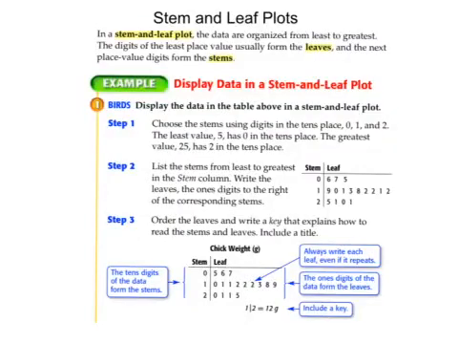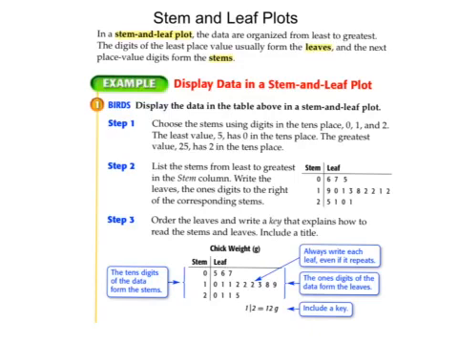Hi, so the next graph that we're going to look at are called stem and leaf plots. In a stem and leaf plot, the data is organized from least to greatest. So this is a really good time, obviously, to have numbers as your data. In fact, you can't do stem and leaf plots unless your data is numbers. And that if you want to do something dealing with putting them in order from least to greatest,